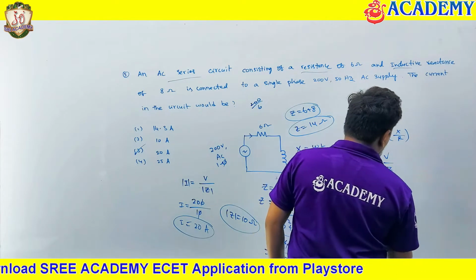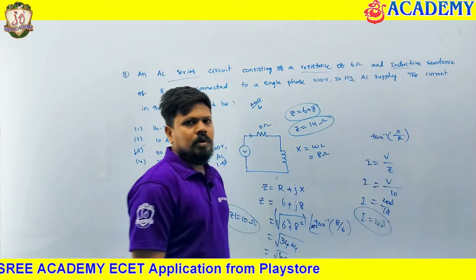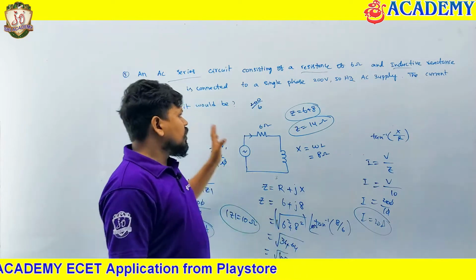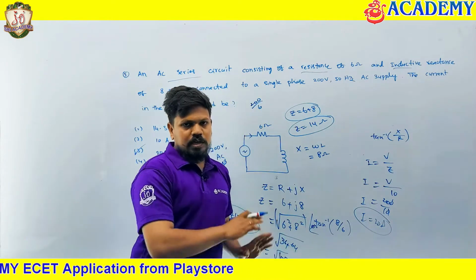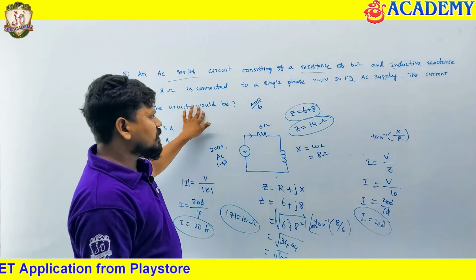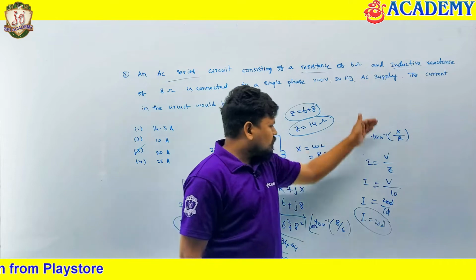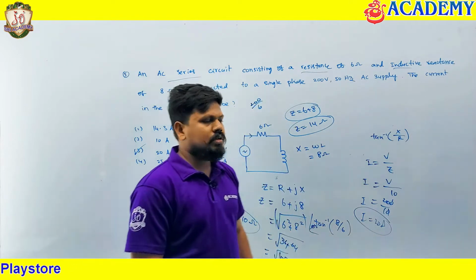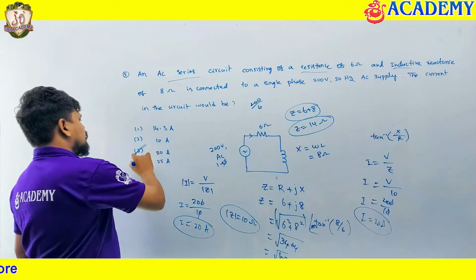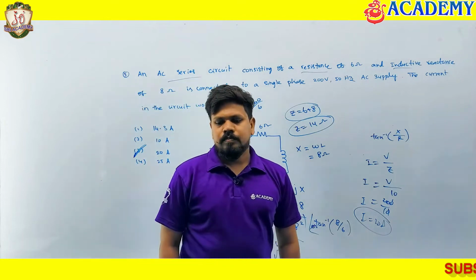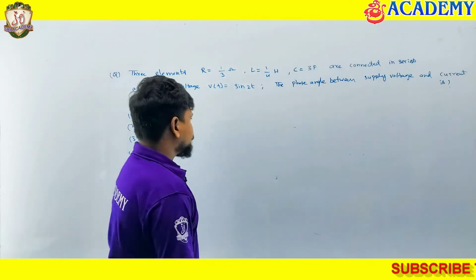So directly, within half a minute we have to answer this question. You have to be that fast; by reading the question only we have to get the answer. Whenever you solve previous year questions, you will be able to get it within 30 seconds. So anyway, the answer for this question is 20 amperes. And the next question is,